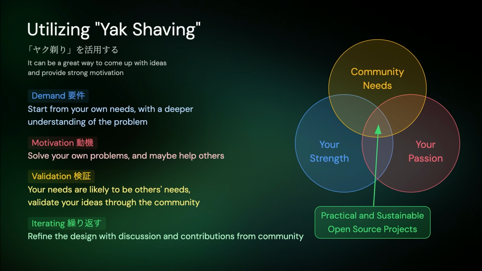So by following this approach, we can gather the essential elements for continuous development of the open source project: what we are skilled at and enjoy, and what the community needs. This approach is much more practical than trying to guess what kind of project can be successful or what kind of things people might need.